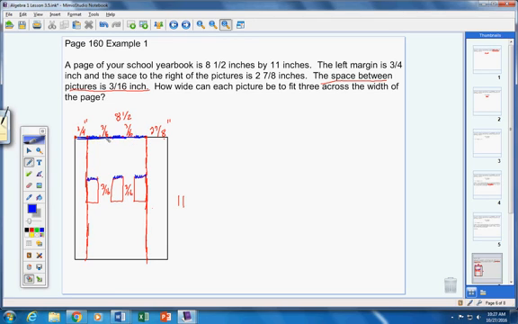If the entire length is 8.5, then all I have to do is take 8.5 and subtract out 3/4 of an inch. Subtract out 3/16 of an inch. Subtract out 3/16 of an inch. And subtract out 2 7/8. Now why would I do that? Because if I take my total and subtract this out, subtract this out, subtract this out, and subtract this out, I'm left with the total space